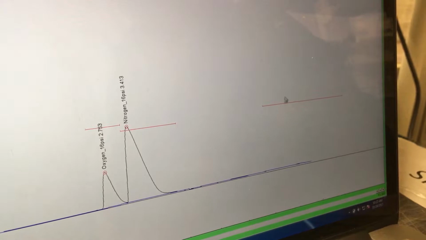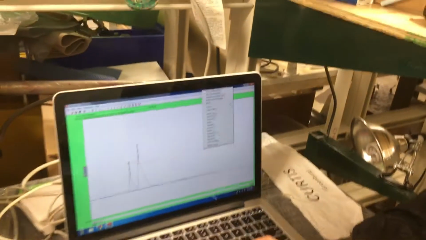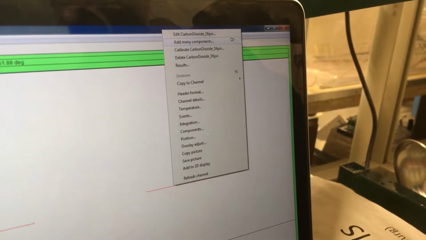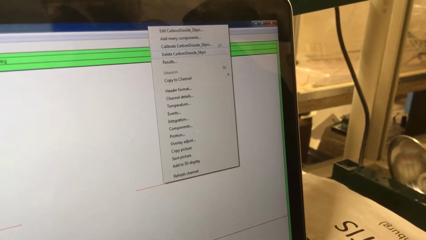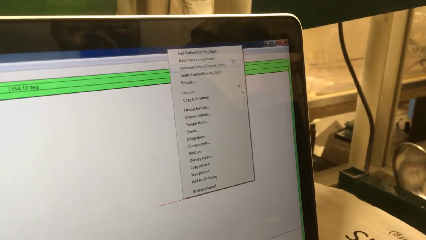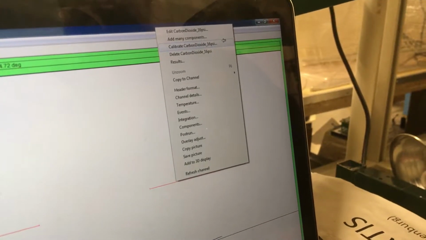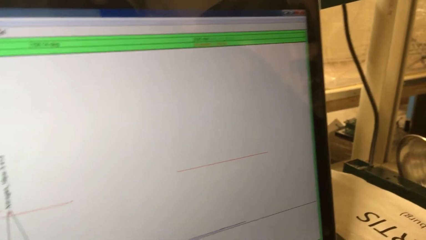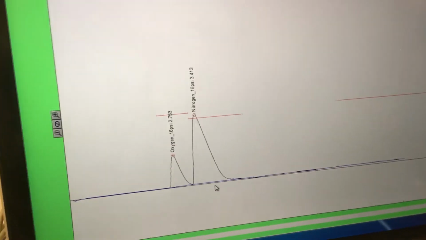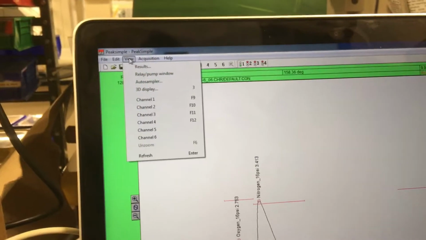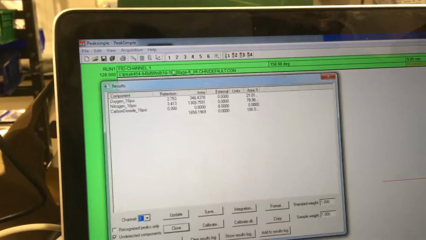Where if you right-click, you'll see that there's options to edit it. You can add a component, you can calibrate it, and there's a calibration folder in the Sarah Jean's GC folder, and so it just goes through, because notice how the Y-axis does not have units. The calibration is for your understanding of when you look at your results, so view results,